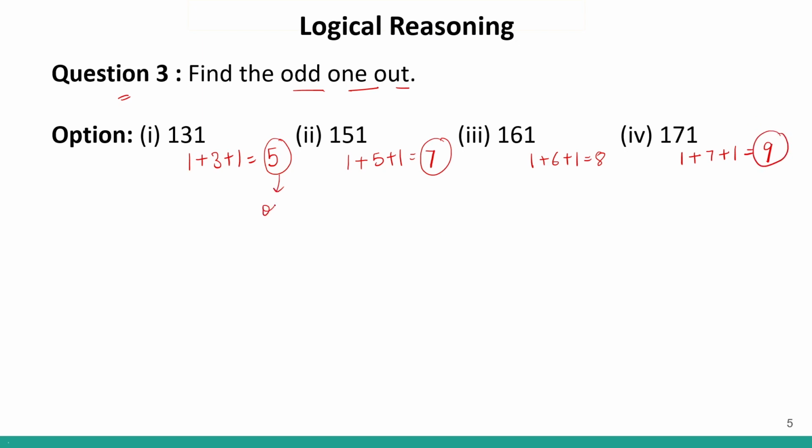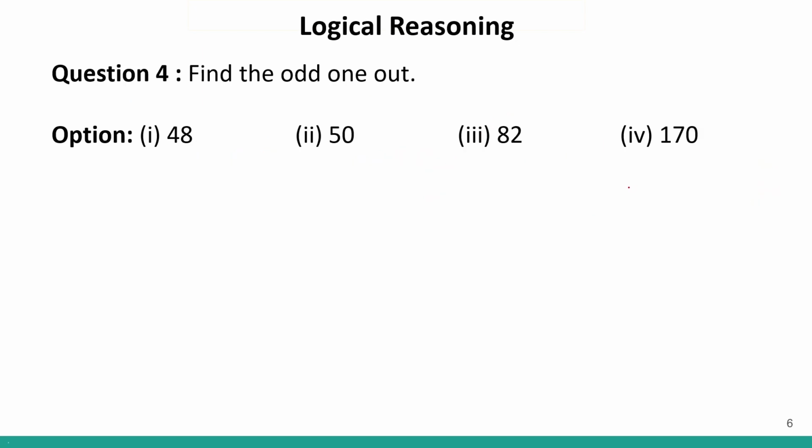So here I can see 5, 7 and 9. These are what? These are odd numbers. Correct? And only this digit sum is an even number. So I can see the sum of the digits of each number gives me an odd number, except for 161, whose sum gives me an even number. Therefore, option number 3 is the incorrect one. Okay? Now, let us look at question number 4. So question number 4, again 4 options are given to us and we have to identify which of them is